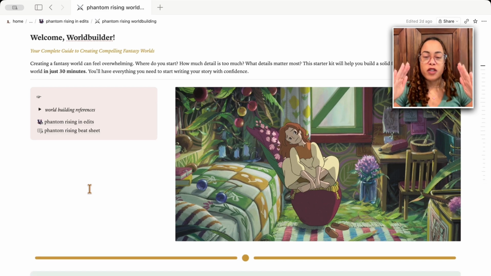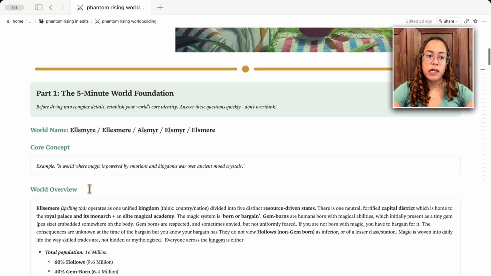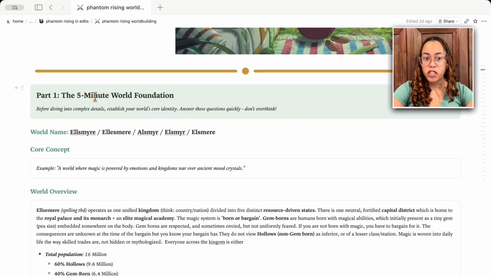It's one of the first worlds that I can really see in my mind's eye. And I want the reader to love it as much as I do. So how do I make that happen? Thinking through in a little bit more detail some of the elements of the world. I don't know that we'll go through everything, but it walks you through your first part, which is your world